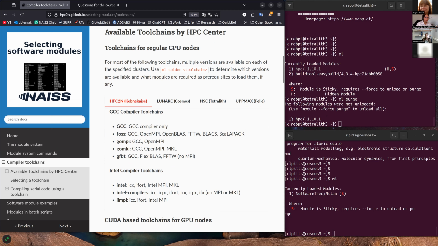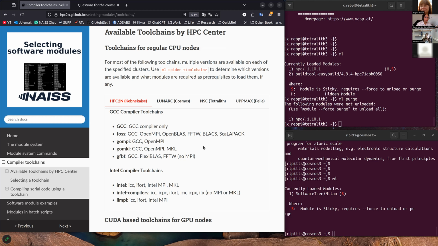There's the open source versions that are associated with GCC, the GCC compiler, and then there are the Intel compiler toolchains. So all of these different toolchain options will have the compiler in them. Most of them, a lot of them, will have an MPI library,